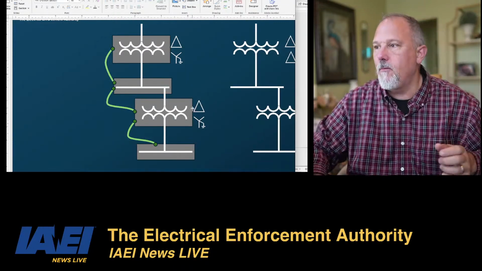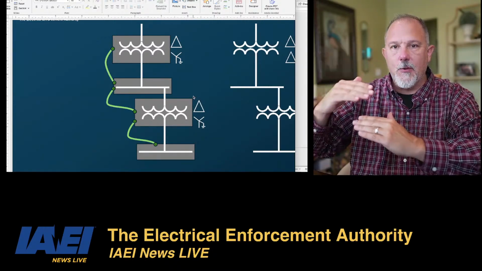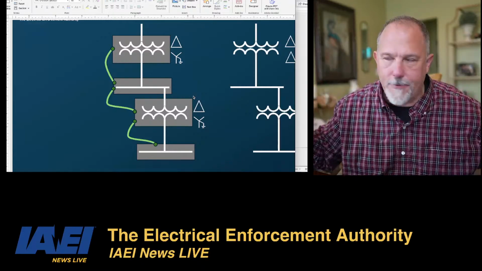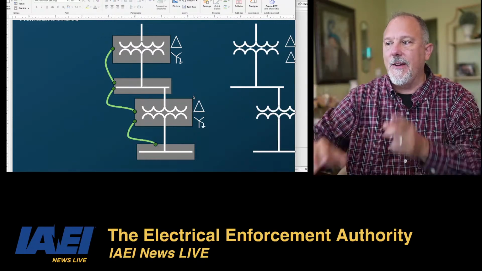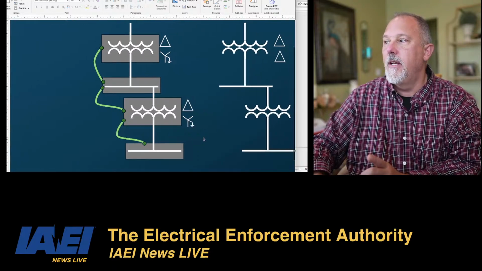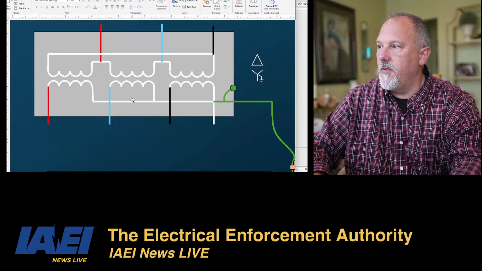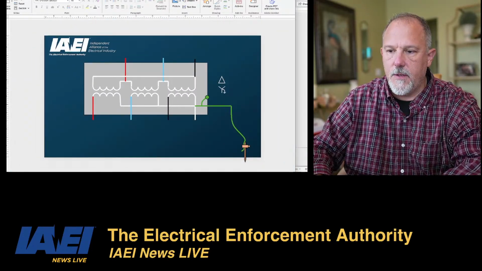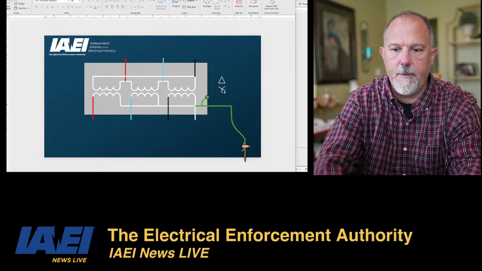All right. Okay, so separately derived systems, delta Y ground, delta Y, Y, I don't care. I don't have a connection between the primary and the secondary outside of all of this bonding that's going on. All right. Okay, and if I look at my transformer, this is, again, oh, that's a good point. Transformer bonding.